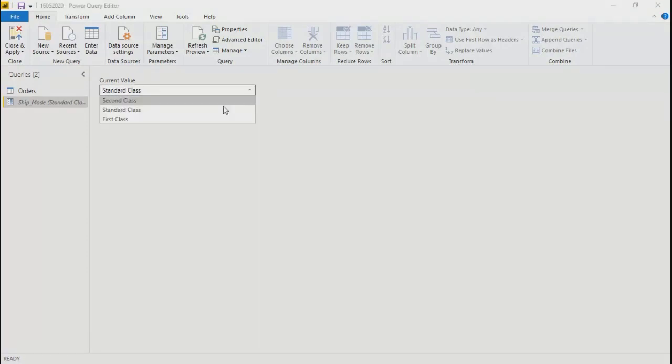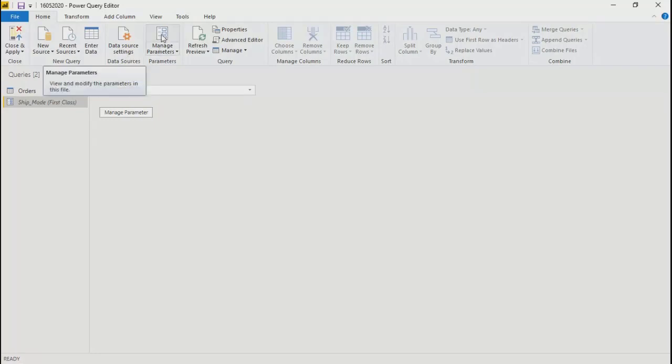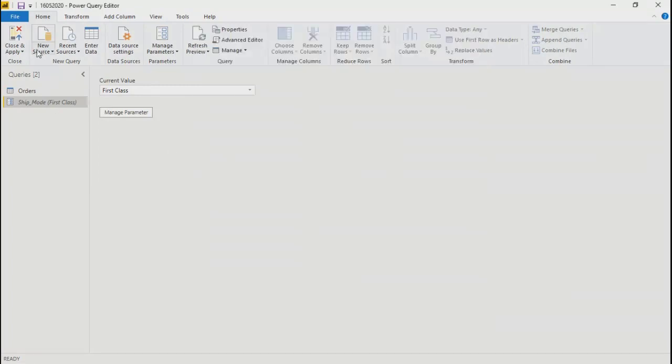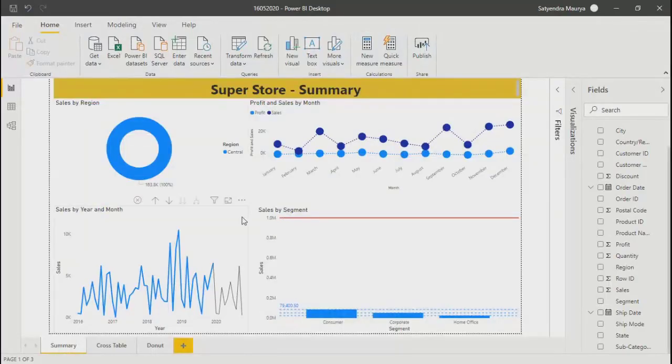Now I'll just go ahead and click once again on manage parameters. You will see that the parameter is created over here. Another thing: if I close and apply and go to my data source, under transform data you will see that right now the parameter is disabled.